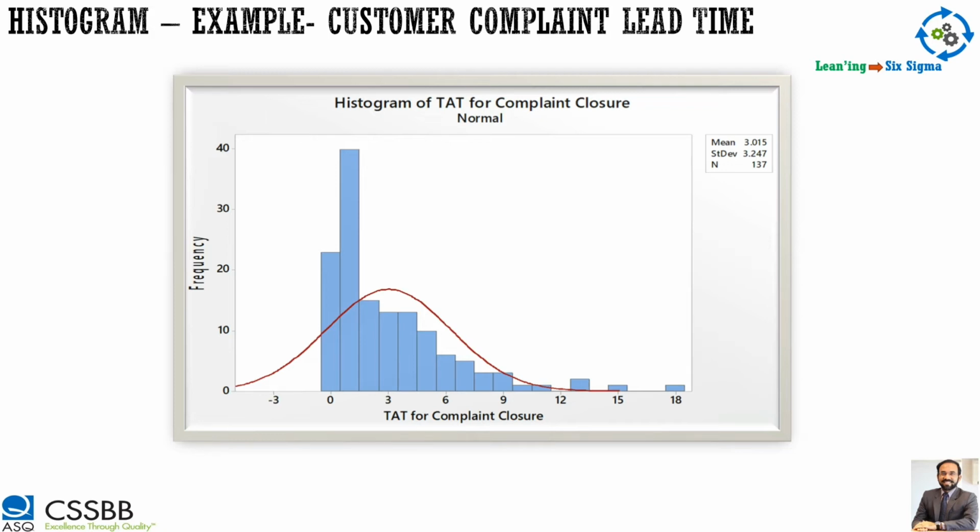That's an important insight. Why is it so? What kind of reason is behind it? That could be the investigation, but this tells you how the process behaves. A simple number cannot show it, but visually when you bring it in as a histogram, it gives you an enormous amount of meaning for investigation and ultimately process improvement.